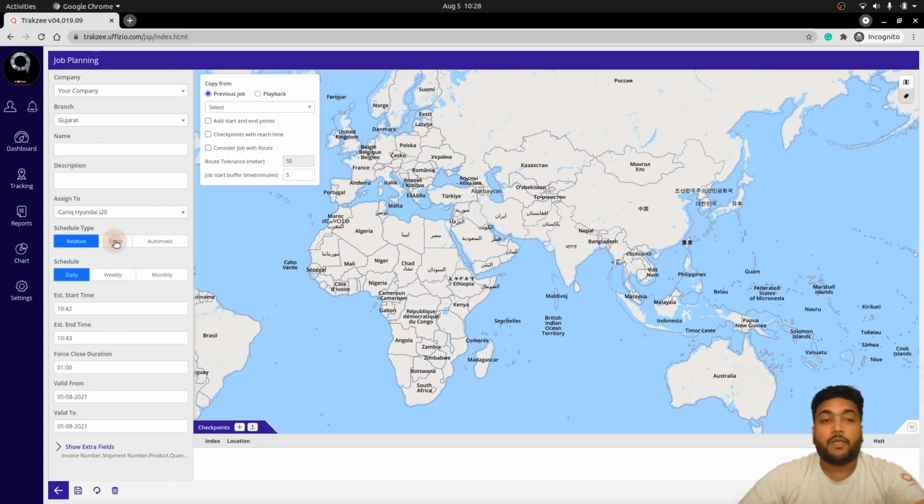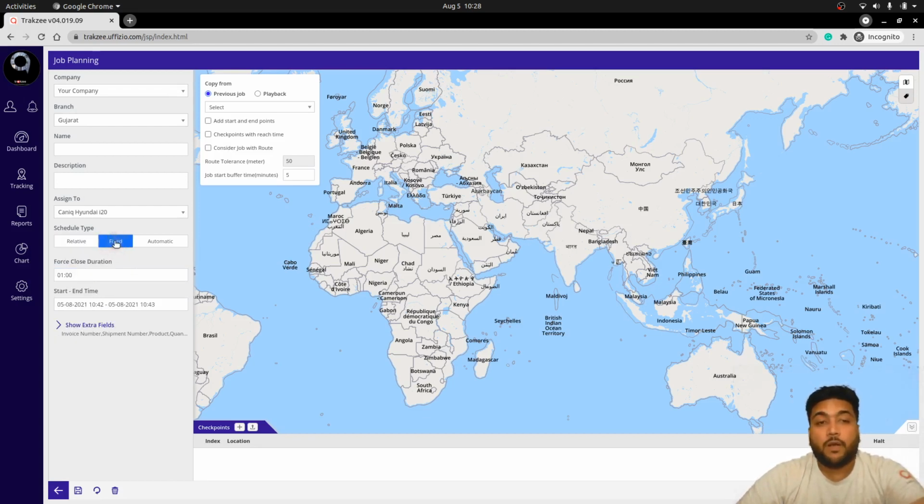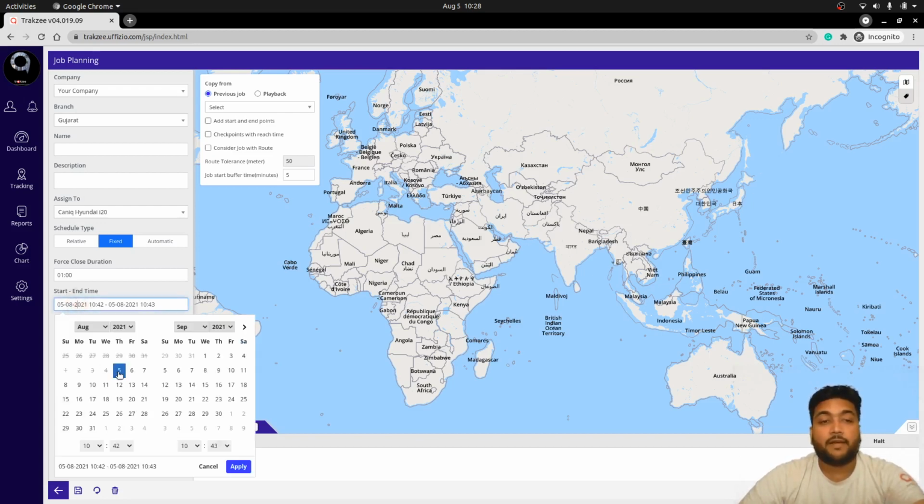Now apart from that, you can set the fixed option as well. That is, in case you have a condition where you want to set the trip for a long date period, you can select the date where you want to perform the task. So in case your particular object is going to be traveling for a long time, based on the valid date and time, you just need to select the from date and to date with its timing.